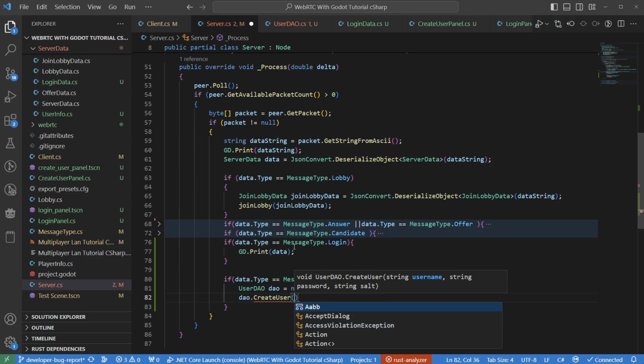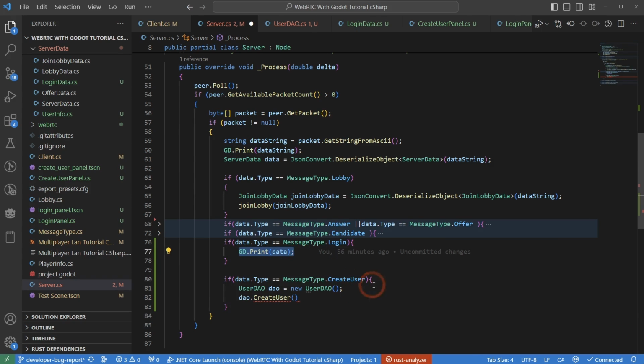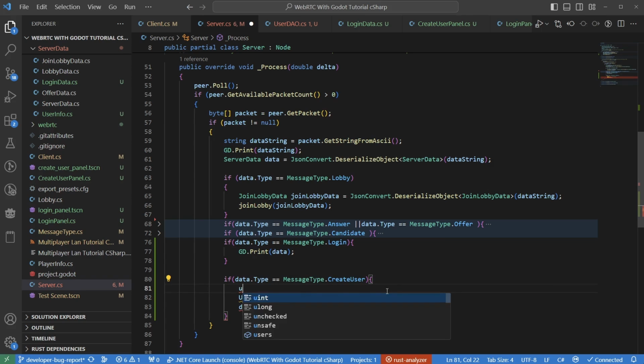Now you can see here we have our data right here. We need to pass this data as a type of an object, right? So we can come in here and say user DAO or user, I think it was LoginData. So LoginData userData is equal to